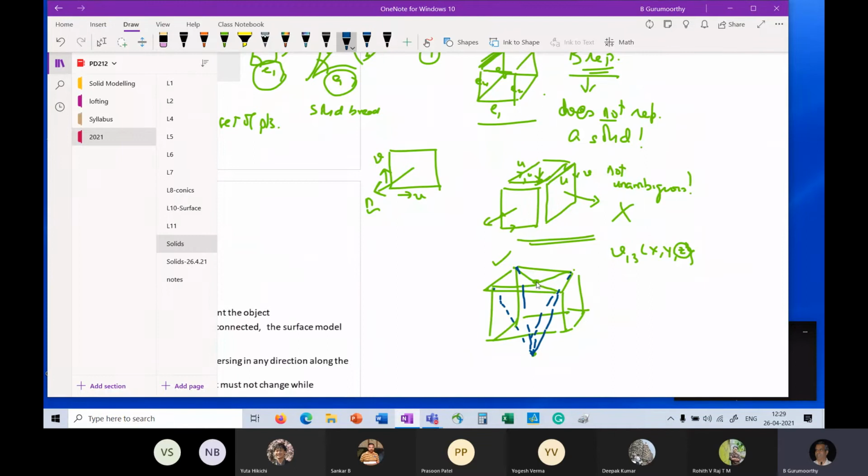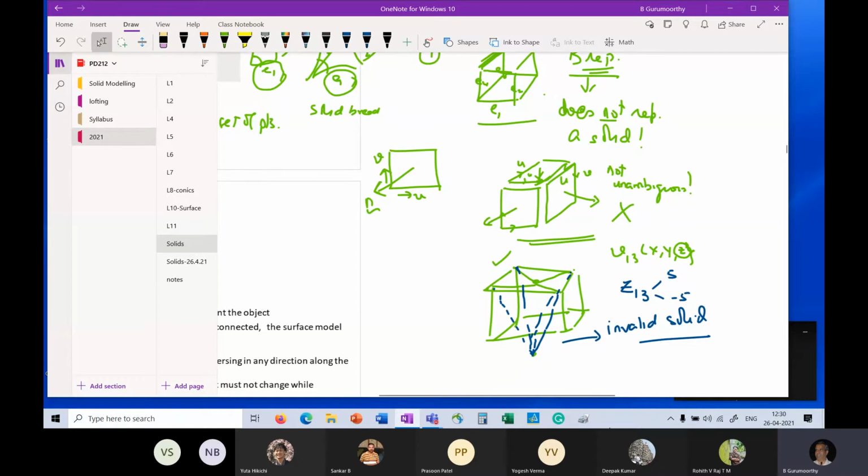You might have seen objects like these. But this is definitely not a valid object. This is an invalid solid. Right? And the only mistake that has happened here is that the value of Z13 maybe should have been 5, probably it became -5 or something like that. Just a simple mistake and you end up with an invalid solid. Okay, so what is the point behind these three examples?